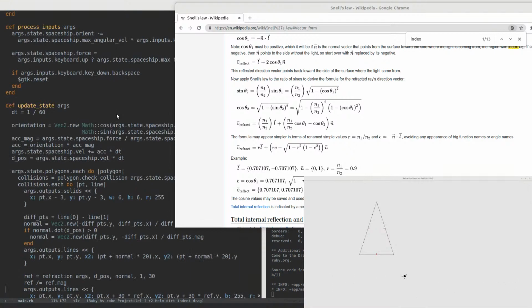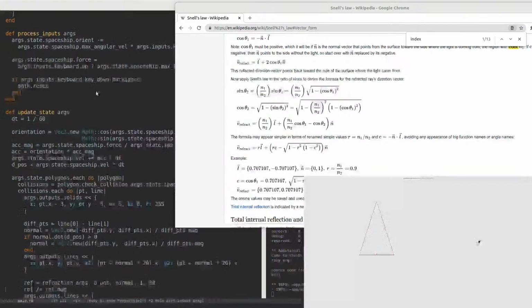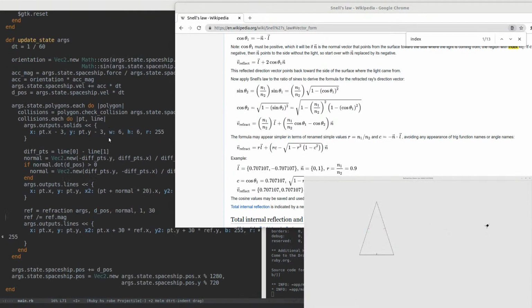I think the other way is you can take the dot product and divide that by the cosine of the angle, and that should also do it. So update state,